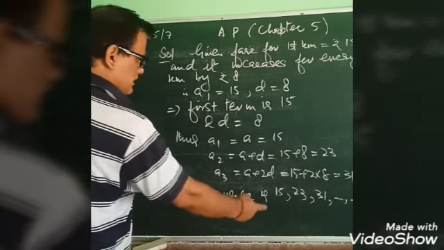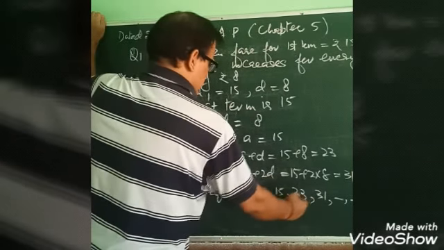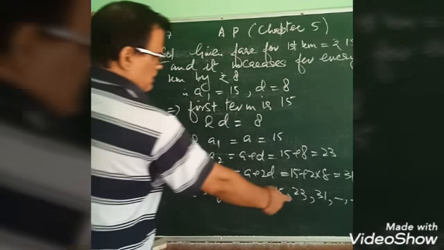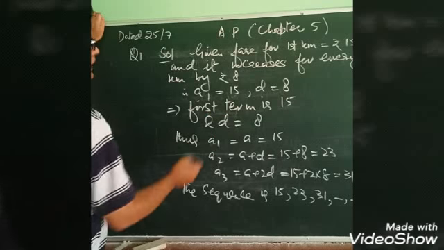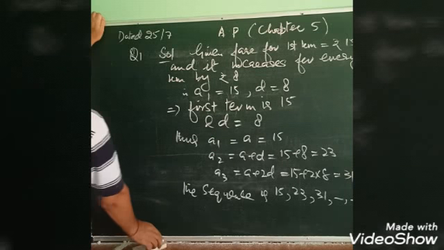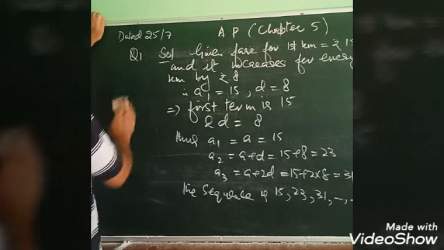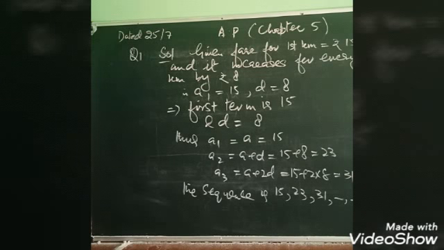Now common difference is 8. This minus this is 8. This minus this is 8. Yes, this is an AP. It forms an AP. Now what is the next part of the question? It is the second part. This is our first part. Now the second part says